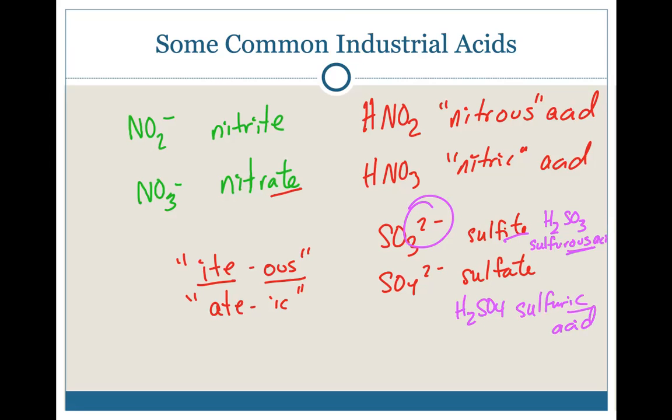Now, the only problem comes in with the chlorine group, because the chlorine group, you have ClO minus, ClO2 minus, ClO3 minus, and ClO4 minus, right? So it's going to be a little bit more complicated, but not really, because the name of ClO minus is hypochlorite. So the rule ite, us, ate, ic still applies, but you just have to remember to include the prefix of the ion as well. So HClO becomes hypochlor